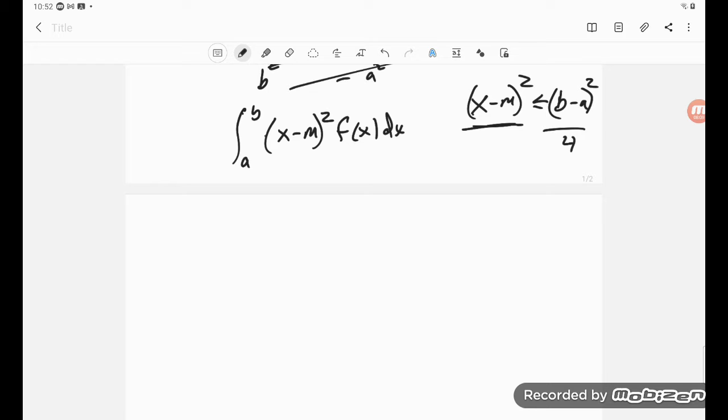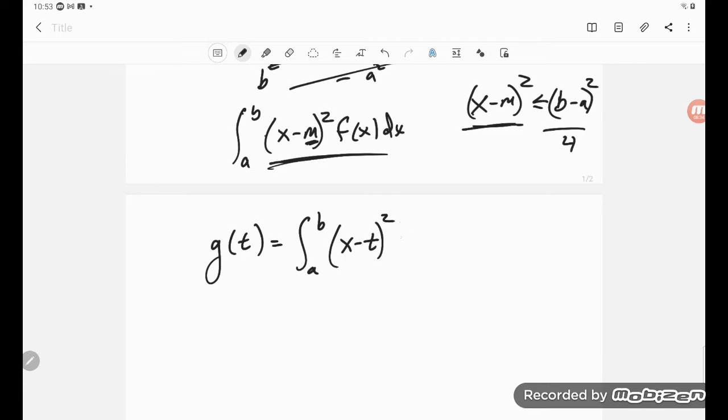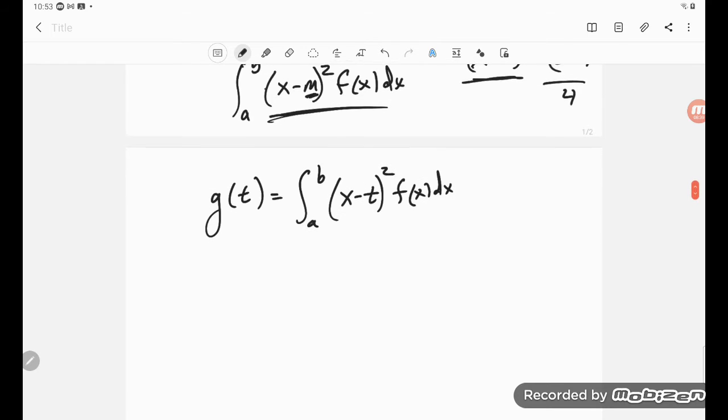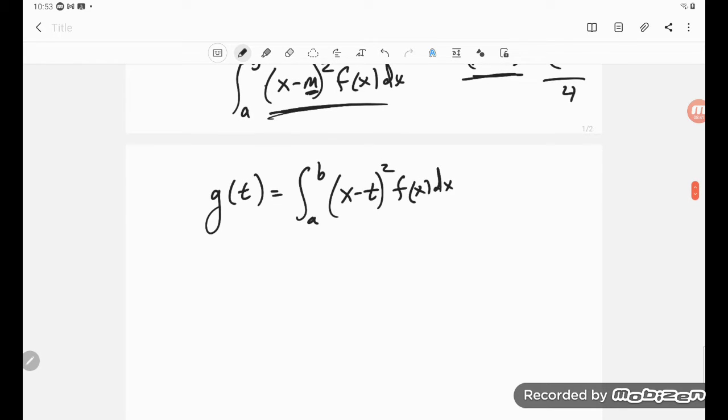Mostly, what I see is looking at this sort of thing here, and saying, okay, well, what if you didn't use the mean there? And they say, well, let's define a function g of t equal the integral from a to b of (x minus t) squared f of x dx. And if you want to minimize that